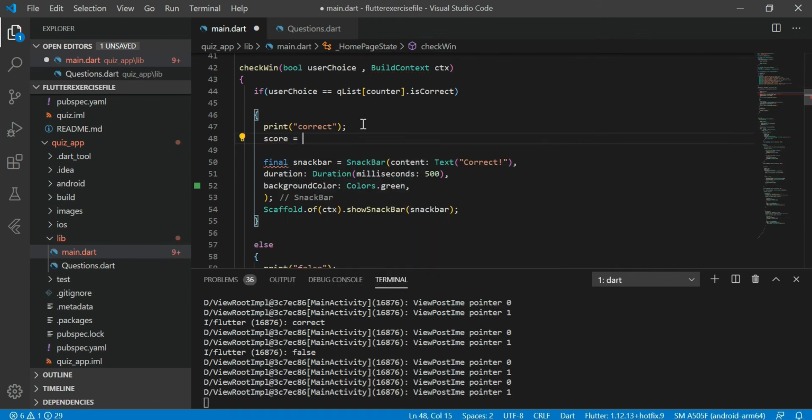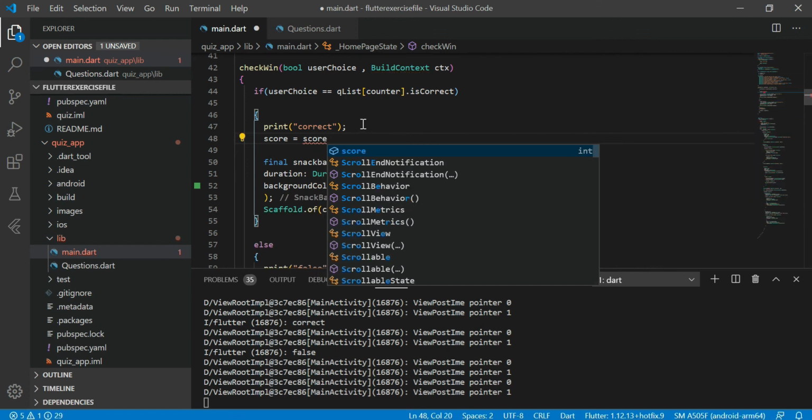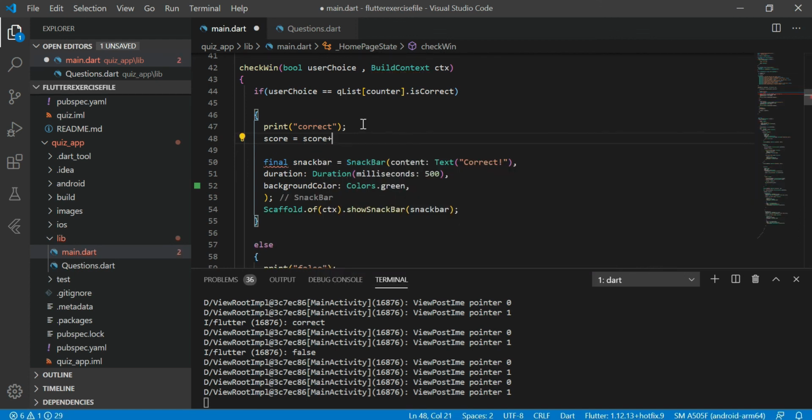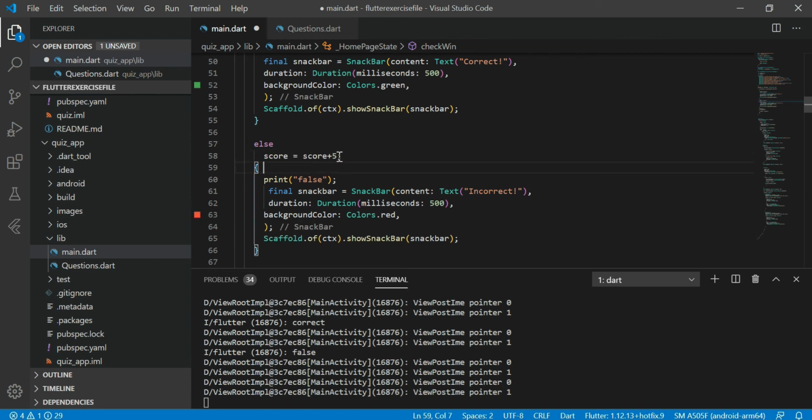We need to give an increment of 5 in score. Now if my answer is incorrect, I'm going to increment score with a 0 value. That makes sense. Score is equal to score plus 0.